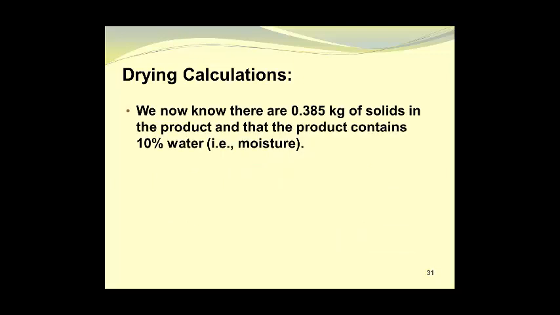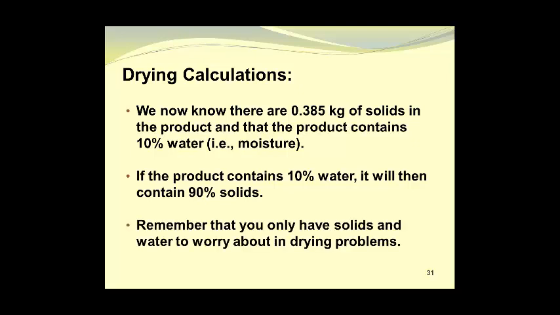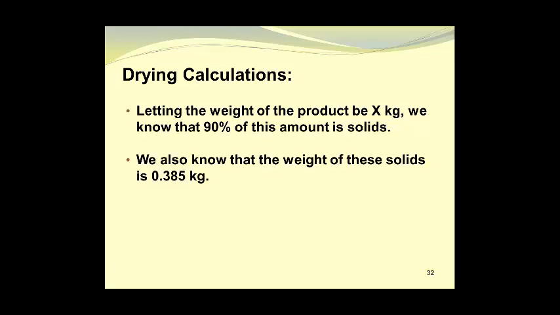But we're getting there. We now know that there are 0.385 kilograms of solids in the product, and that the product contains 10% water, or 10% moisture. If the product contains 10% water, it will then contain 90% solids. And remember that you only have solids and water to worry about in most drying problems. So letting the weight of the product be X kilograms, we know that 90% of this amount is solids. We also know that the weight of these solids is going to be